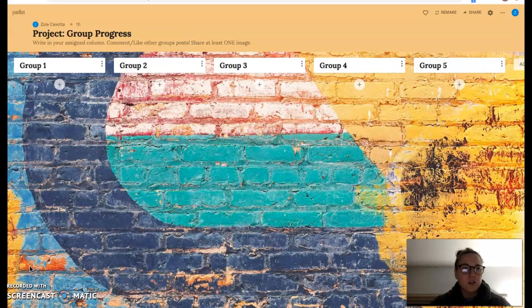Hi everyone, so I want to show you how to use the Padlet as you go through and provide your group's progress and then go back and look at your classmates' progress as well in other groups to get ideas. So this is the Padlet that you will be brought to when you click on the link in my Google